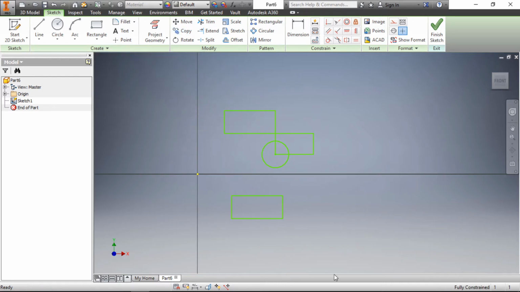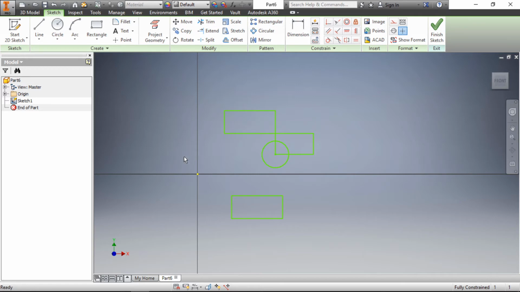And done. Now you can see that in copy, the existing geometry remains at its original place and the same geometry is placed at another place. While in the move command, the parent geometry is moved from its original place to another place. So there is a difference between move and copy.